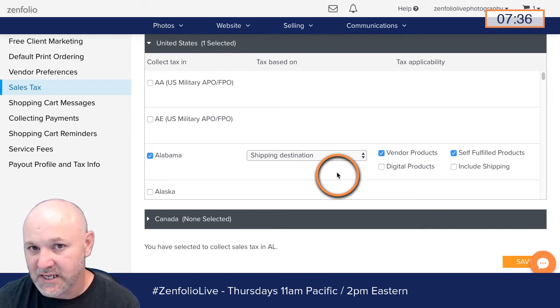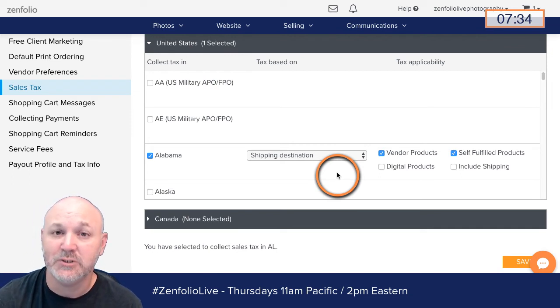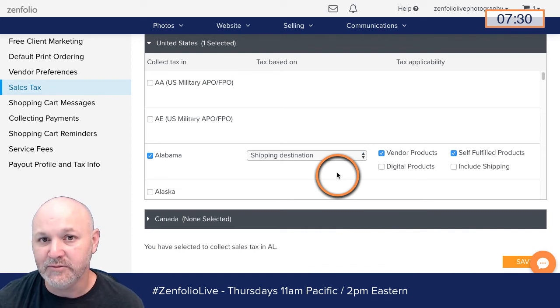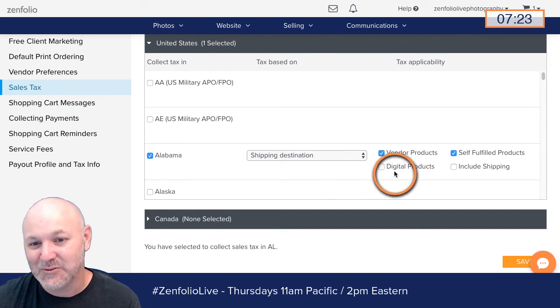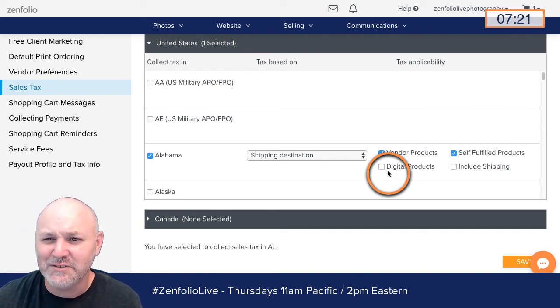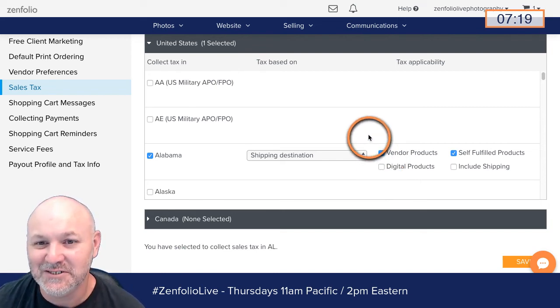And this is how you can set it up. Again, please, please, please make sure that you're talking to a tax professional about this, and you let them know your options and ask them how you need to set this up. Because the last thing that I want you guys to do is to get in any kind of tax trouble and say that Robert said this is how I was supposed to set it up. Please make sure that you talk to a tax professional.